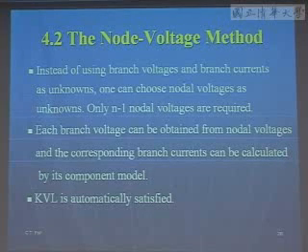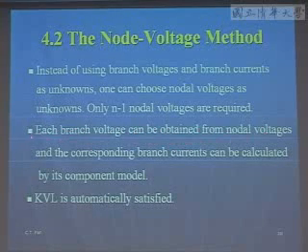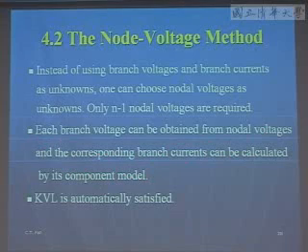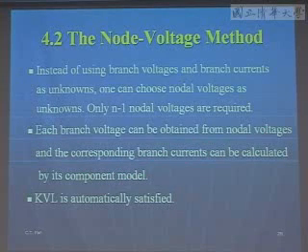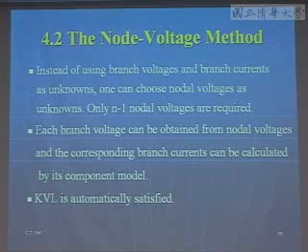The last equation can be obtained from the previous n-1 equations. And each branch voltage can be obtained from node voltage, and the corresponding branch current can be calculated by its component model. 它原理很简单，我们不要用每一个 component 的电压和电流当 unknown，我们用最少数目的 node voltage，